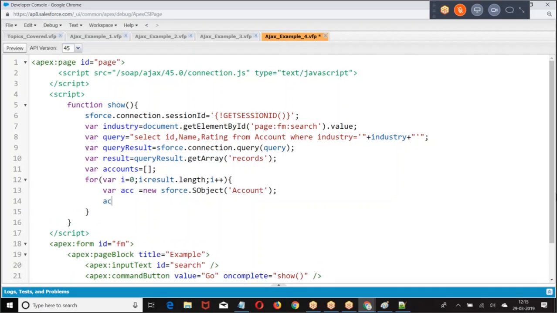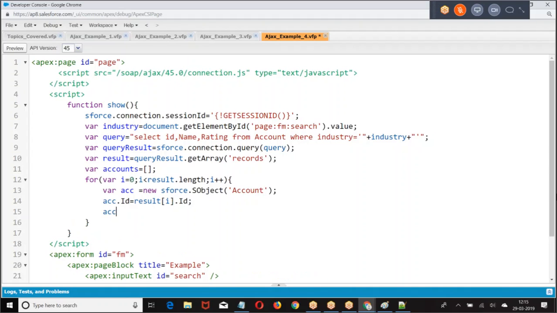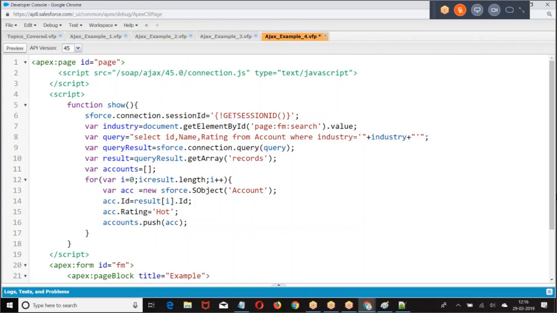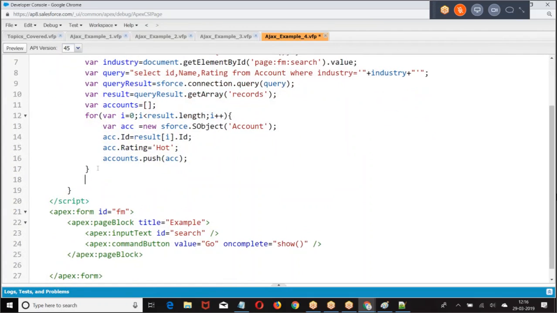Then I told ACC dot Id equal to result of, ACC dot rating equal to, then accounts dot push, so you're giving sforce dot connection dot